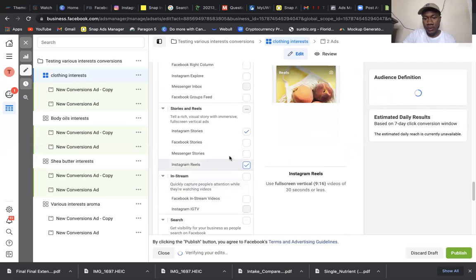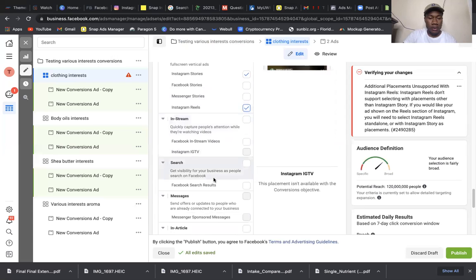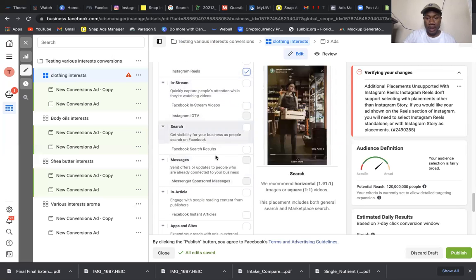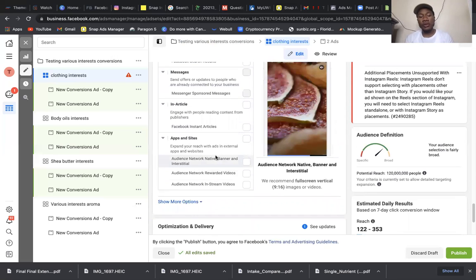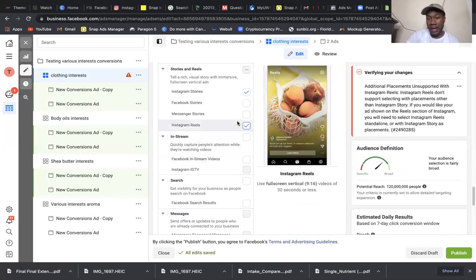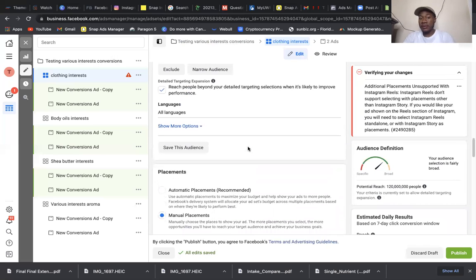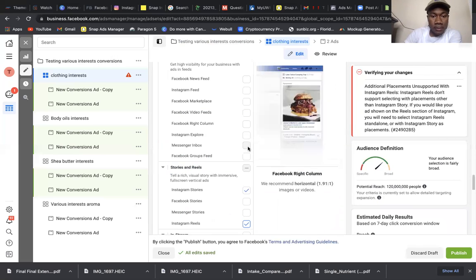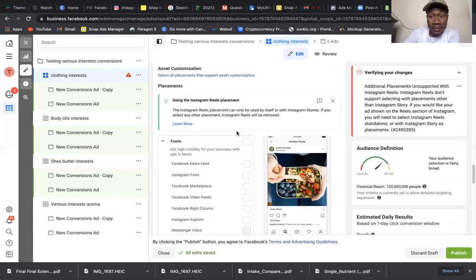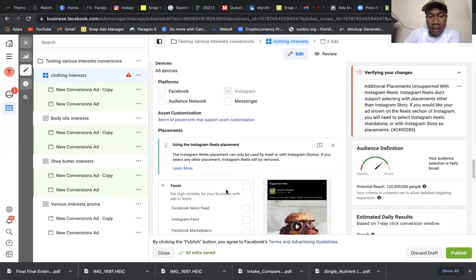Instagram Reels is on it. You can run ads on it. Wow. I gotta go back in here and do that. No, so for those who don't know, no, you're not able to run ads on Instagram Reels in the ads manager. So wow, I'm definitely gonna add that in there. That's a game changer right there. That right there is what you call a game changer. That's something new to me. I haven't been in here in a minute. Well, I haven't looked at my columns or whatever.